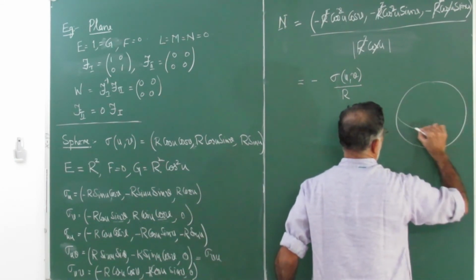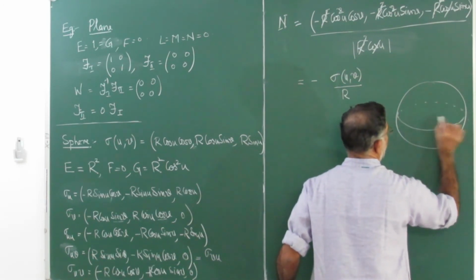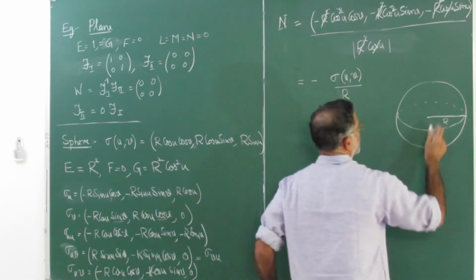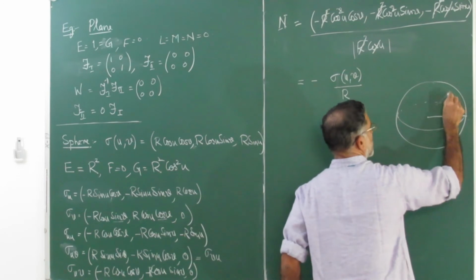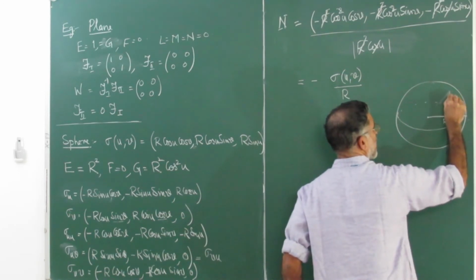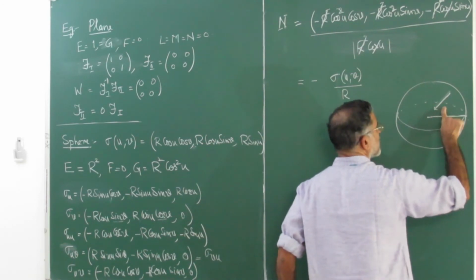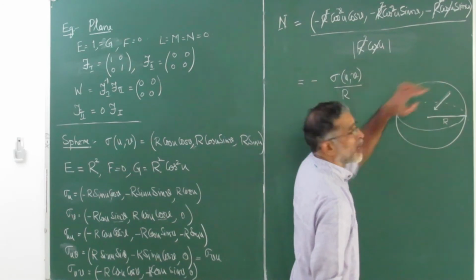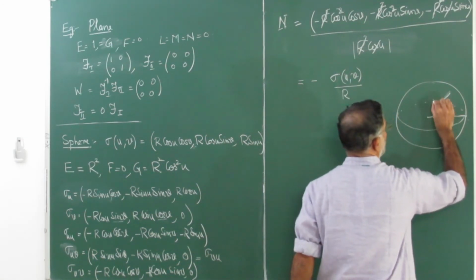So, if you look at the sphere, the center, this is the radius r. So, what is the normal at this point? Normal is, this is the vector sigma uv, the point or whatever, and just take the minus. But remember, this is unit. So, this length is r, so you have to divide by r to get the unit vector. So, this is your normal.